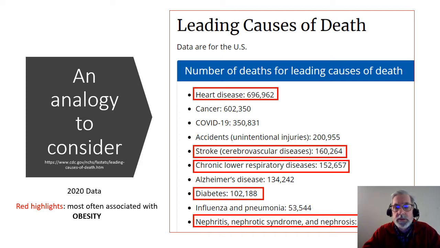But look at these other diseases that can cause death. Stroke, again, often caused by obesity because of high lipid profiles. Chronic lower respiratory diseases. Diabetes type 2. It is a lifestyle diabetes and associated with a number of factors, but obesity is usually the primary cause. And then nephritis, nephrotic syndrome, nephrosis. Whenever you see that NEPHR beginning to a word, it has to do with your kidneys, and kidney disease is often associated with obesity.